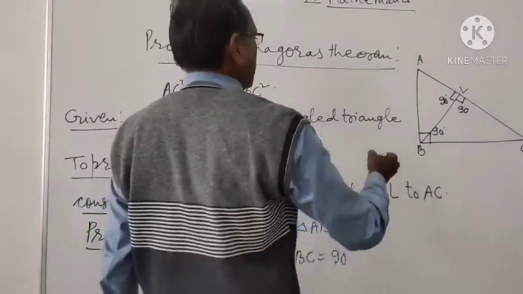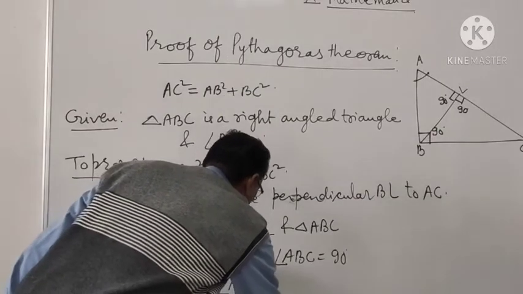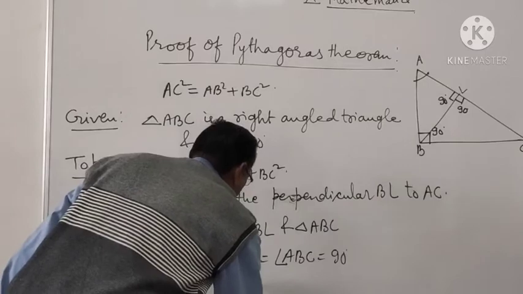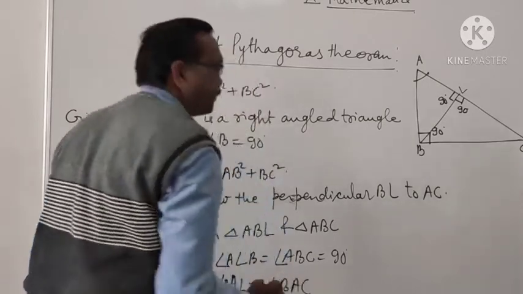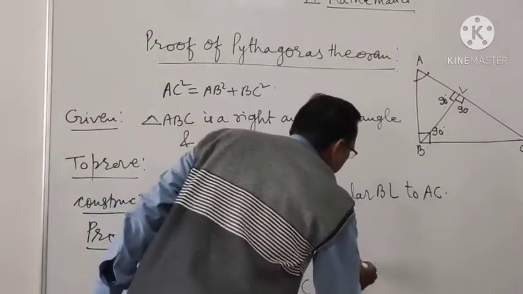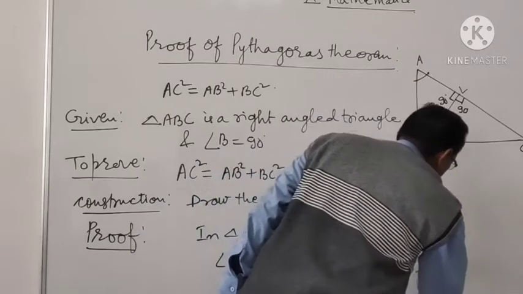Angle A is common, angle A equals angle A, or we can write angle BAL equals angle BAC. So by AA similarity,